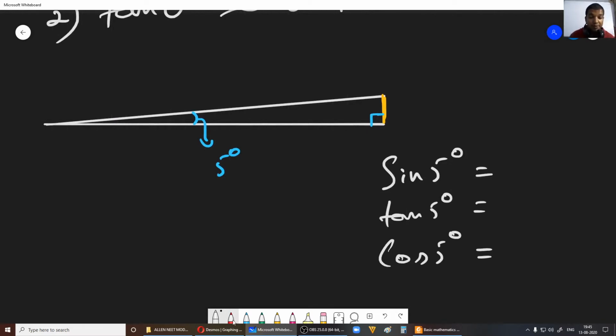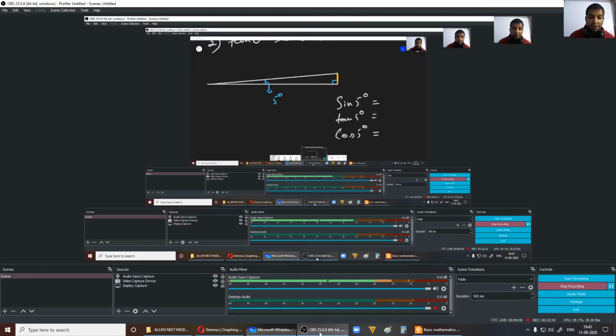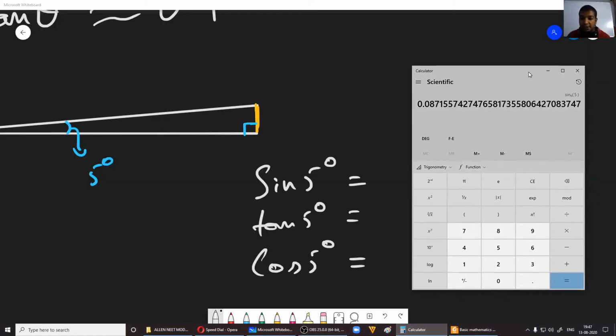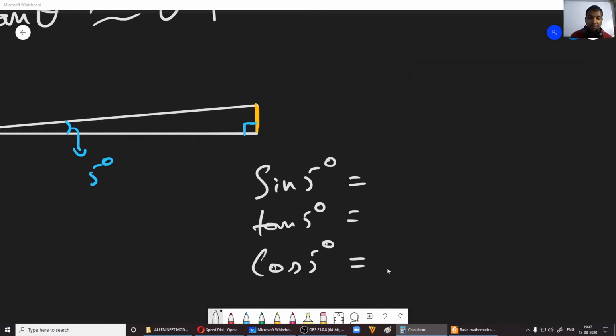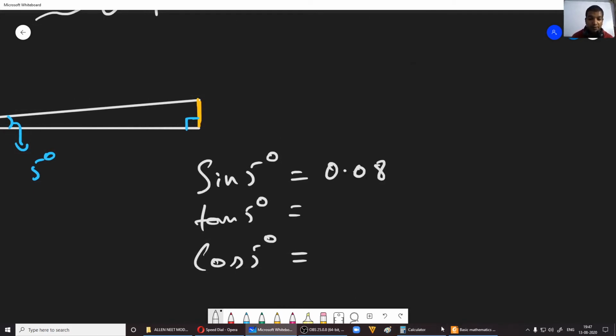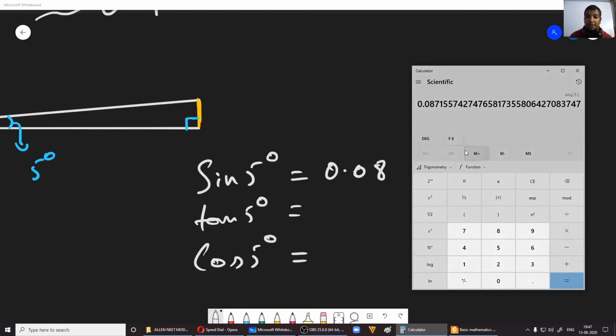Now you can use your calculator. Now I would like to show here, one sec. Okay, now I have this calculator here. See, I have set the input to degrees. You can set it to degrees, radians and gradians also. I have set it to degrees. Now see, sine 5 degrees, I am getting it as 0.08, okay. I'll write down the values here. Now tan 5 degrees, okay. Let us do it again. See, I have 5, then trigonometry, tan. See, this is also I'm getting 0.087, right.